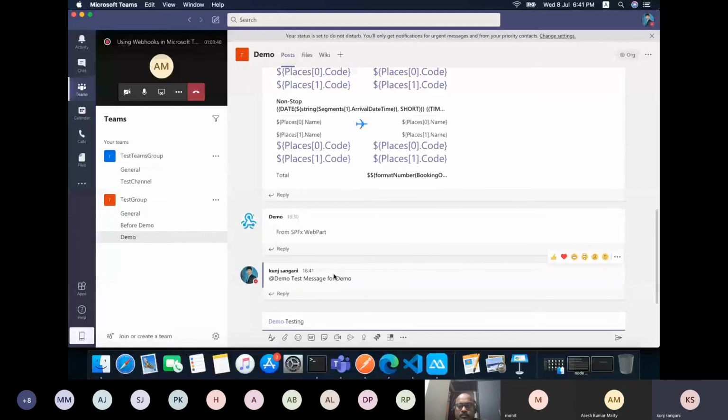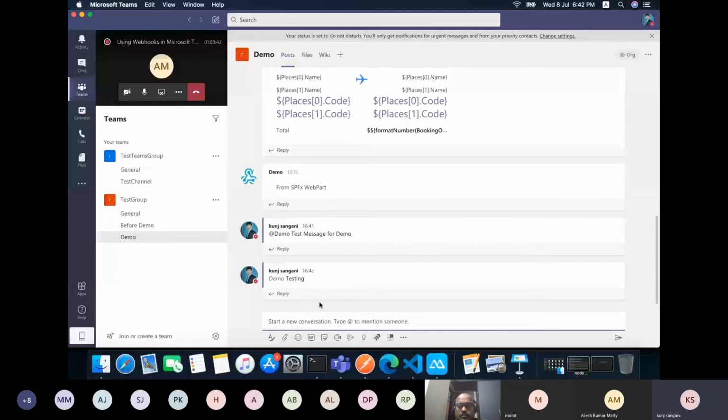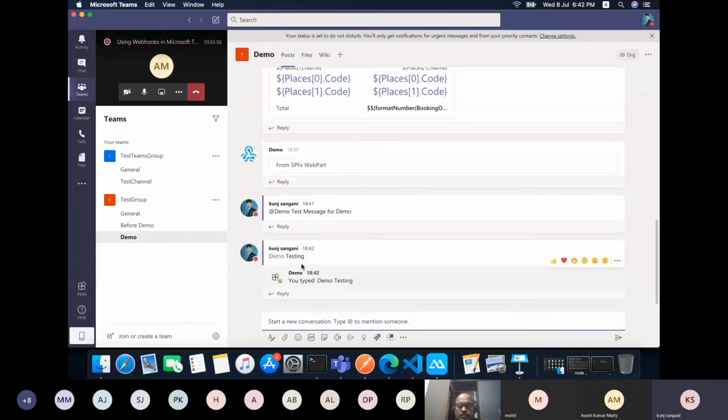Okay, we need to take care that the @mention is not there. So this should be removed. And see, we got the message demo testing.